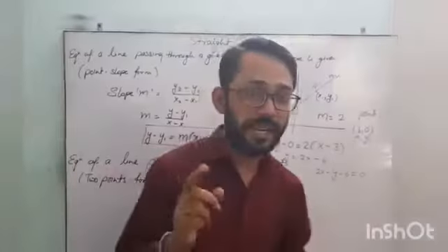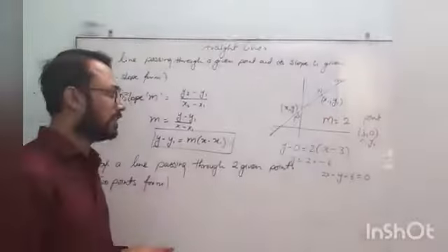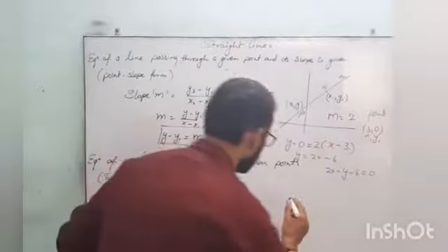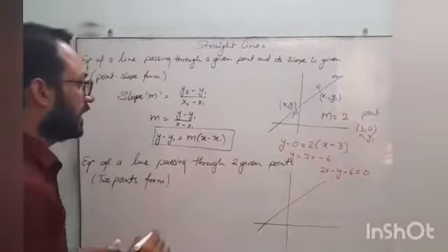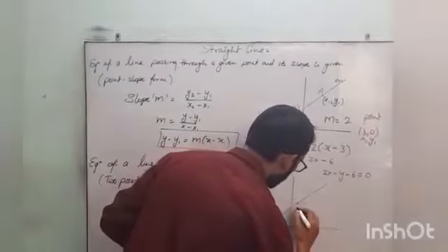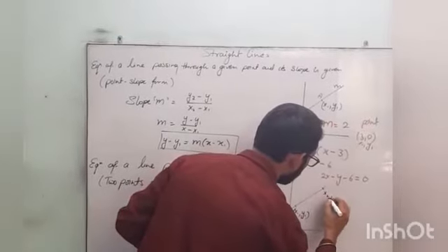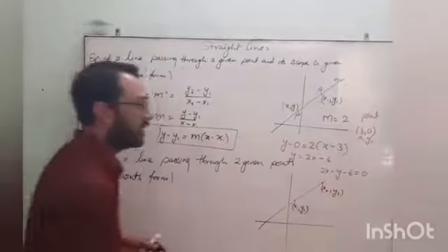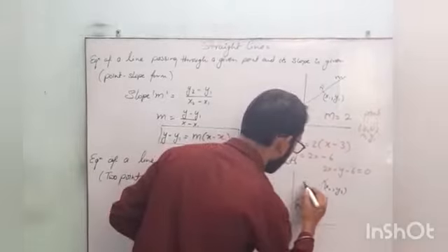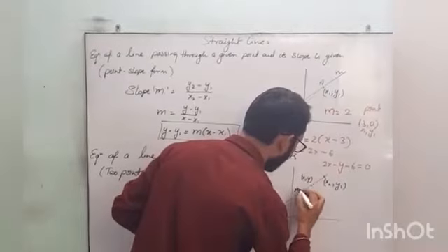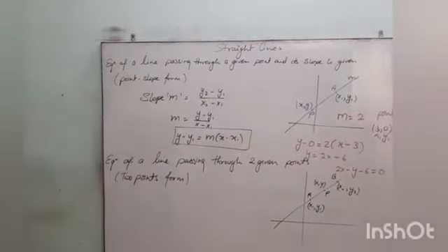Now we are going for the next topic. This is the equation of a line passing through two given points. Now the two given points condition is, this is the line. It is passing through two different points. First is x1, y1. Next point is x2, y2. And a general point lies on this line, I am saying that as x, y, call it A, B, P. So the two-point form we are now going to calculate.